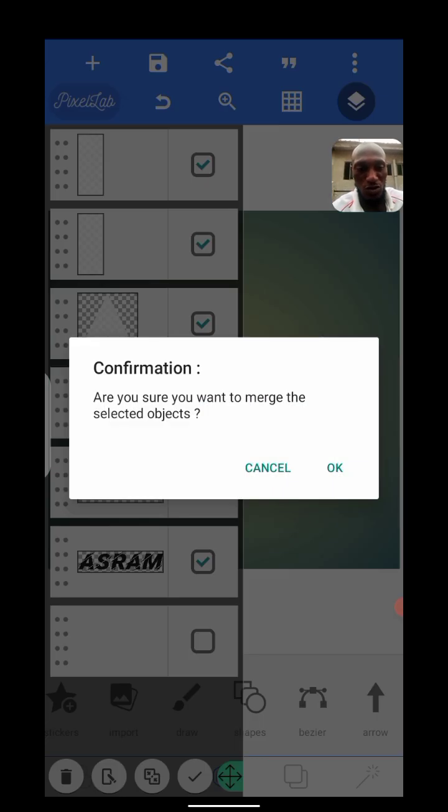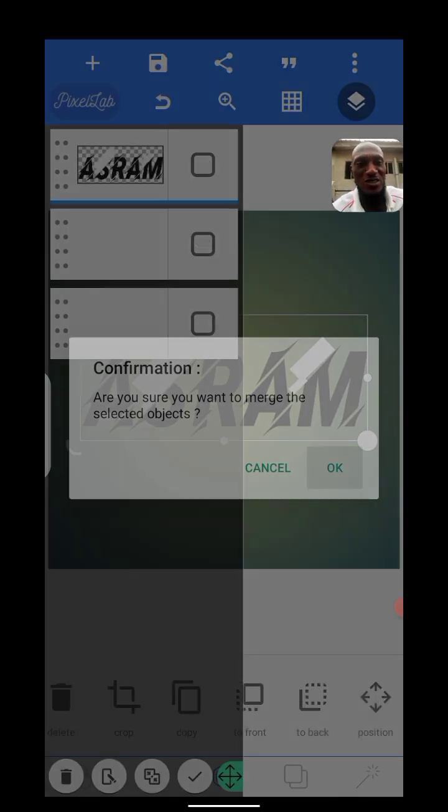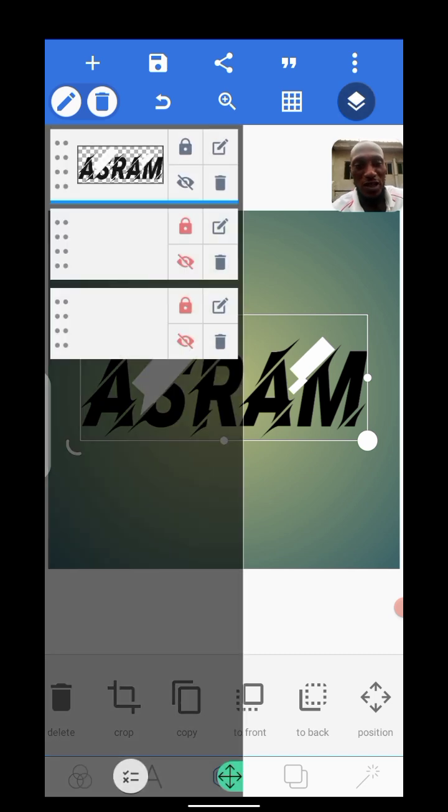Ensure you know what you are doing. Ensure you know the layers that you are masking. Okay, that's why I went ahead to hide these two layers. Okay, so once you are done,